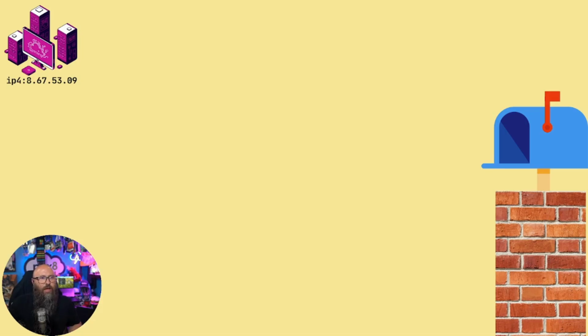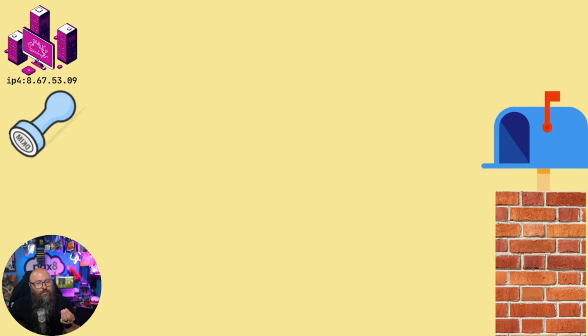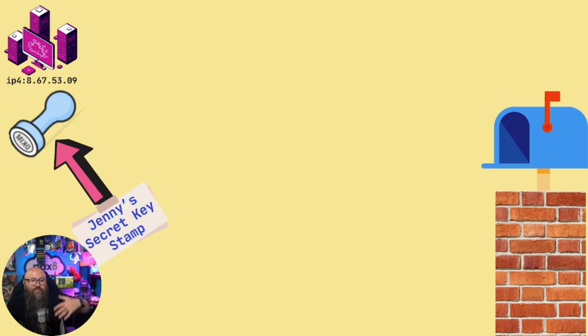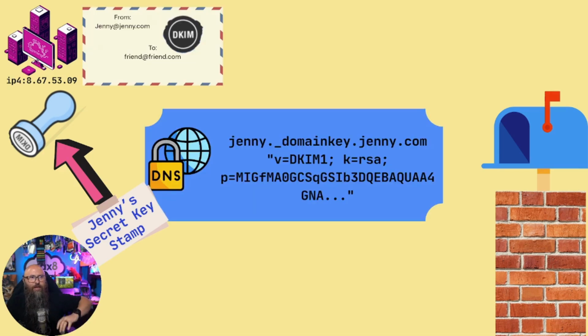So now we have our mail server, and we have this special stamp. In our version, it's like a wax seal on an envelope in the olden days. But it's the DKIM stamp. And this is Jenny's secret key stamp, as we're going to get into, which is a form of a private key. So she's going to stamp her email, and it's going to be sent off, and there's going to be a DNS record,